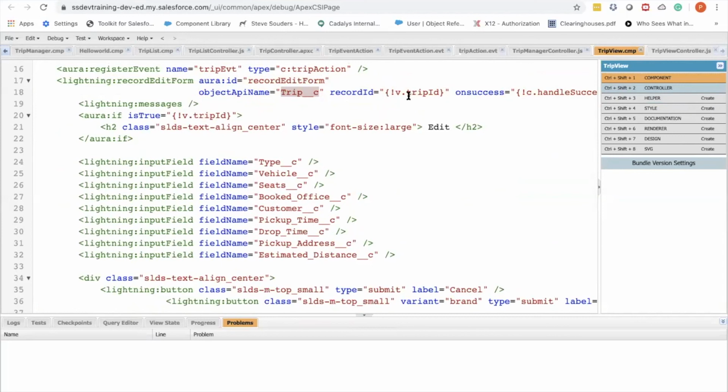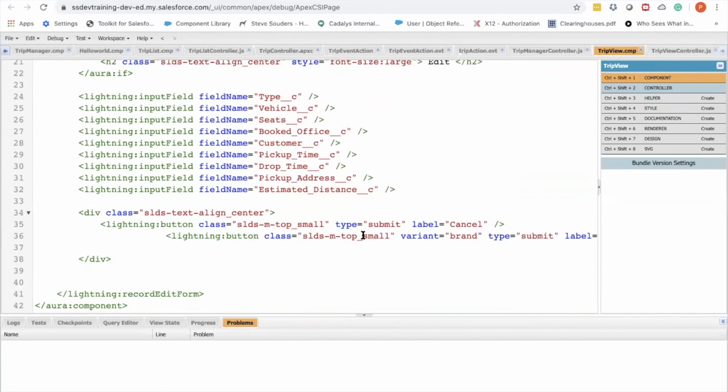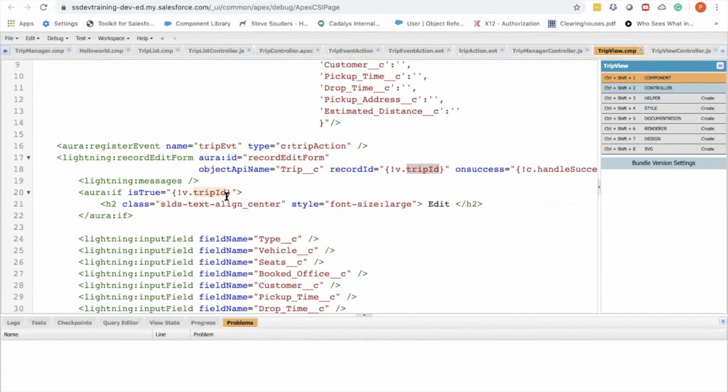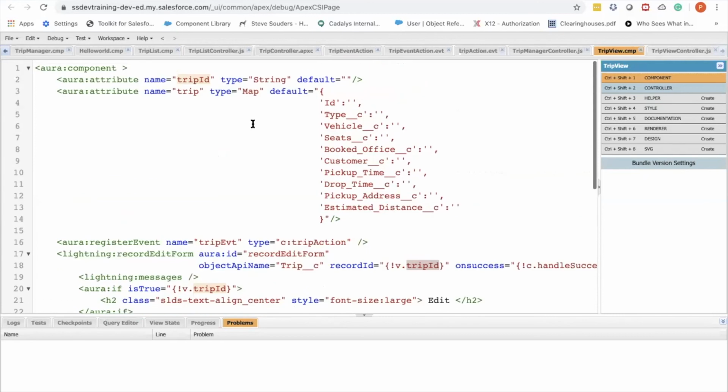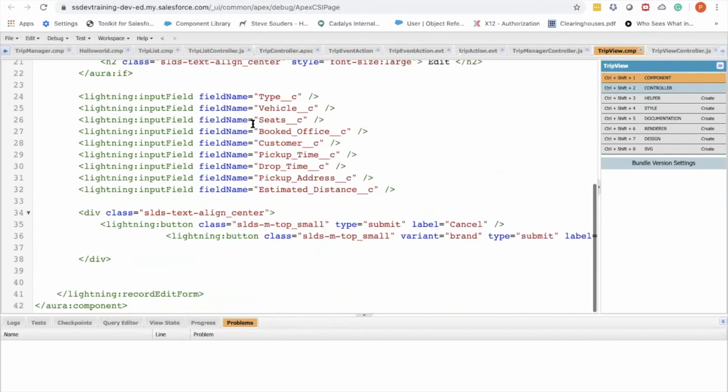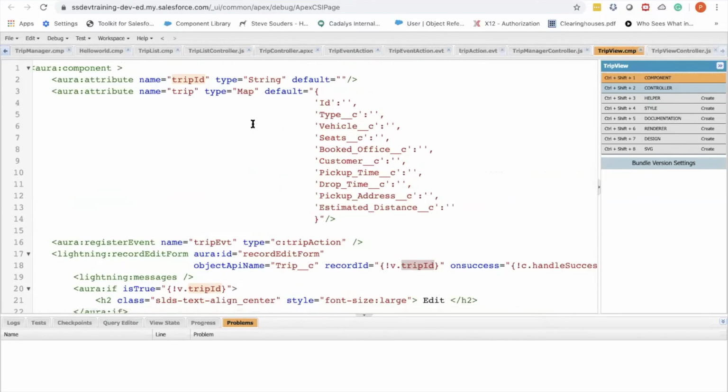We can even create a record if you don't pass a trip ID. If you click on submit, what Salesforce would do is create a record instead of updating the record, and it would return the result back. Even that is possible. So Salesforce has provided us a mix of options which, as a developer, you can use in order to build complex applications in Force.com.